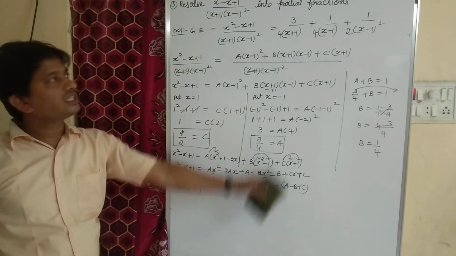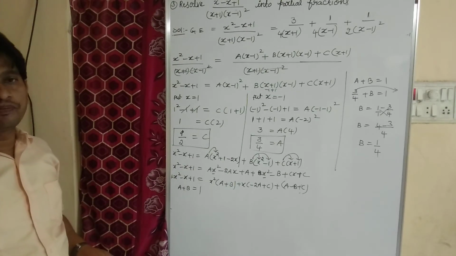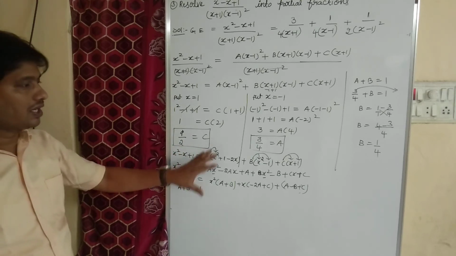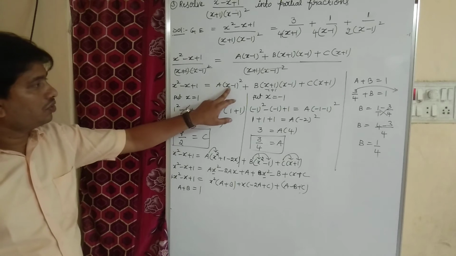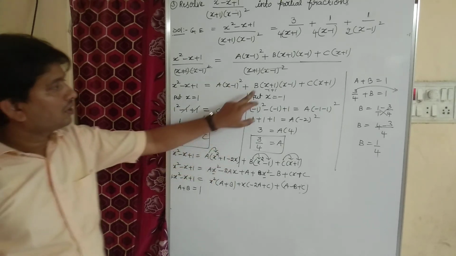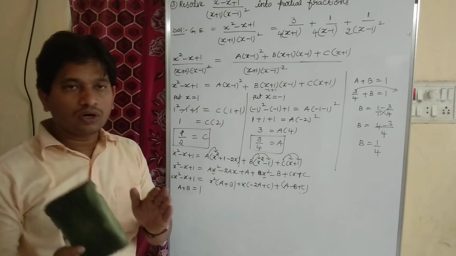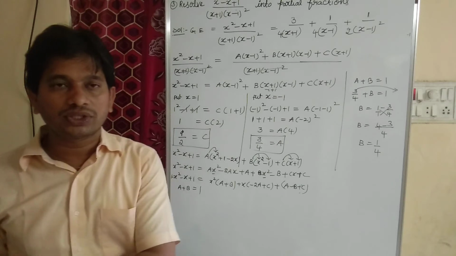I don't have place, that is the reason I am writing upstairs. Okay, is it clear? This part you have to practice, then only you will get the value of b. Same step, a into a minus b whole square plus b into a plus b into a minus b, then c. We take x square terms on one side, then x terms, then constant terms.